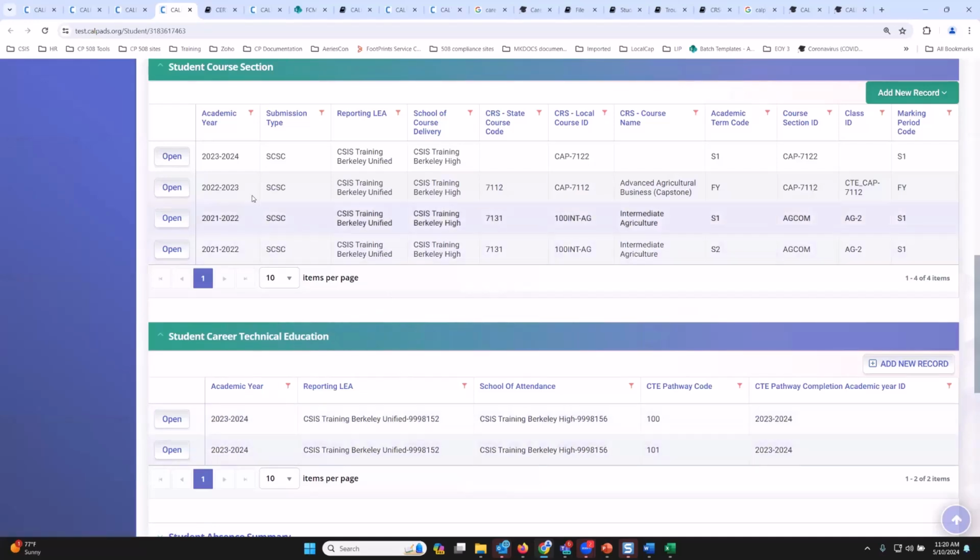That way it matches that year and CalPADS will acknowledge it. But then that's just a quick fix, right? You have to make sure that you report the CTE pathway during the year that the student completed that pathway, right?